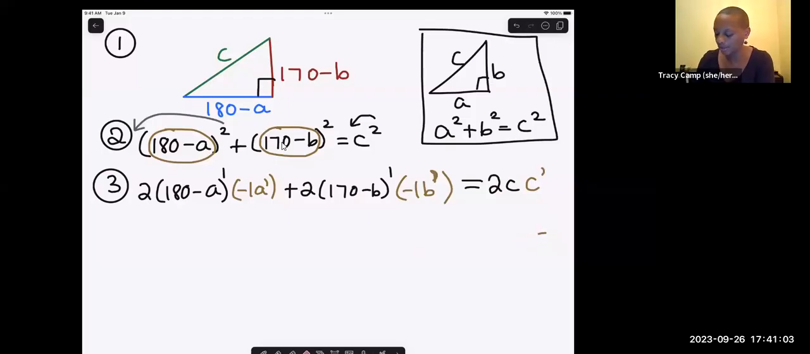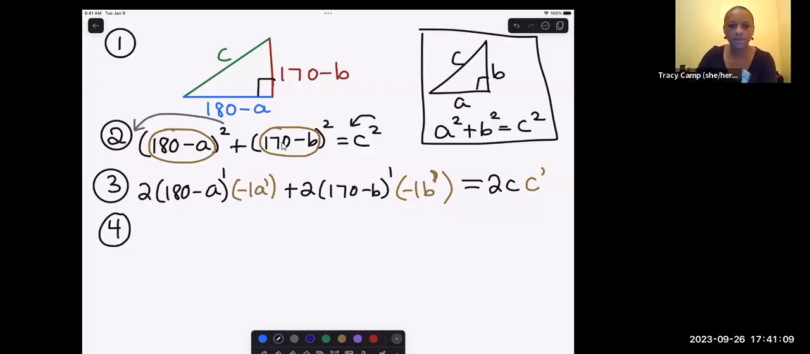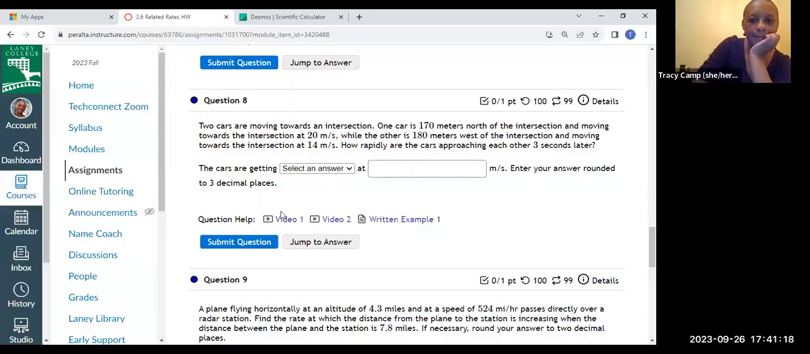Okay, so I just did the third step, and now I'll go ahead and do the fourth step, which is to plug in values that are given and values that we can find. So I'm going to go back to the problem and see what's given to us. It says the first car, whose distance I referred to as B, is moving 20 meters per second. And so what that tells me,